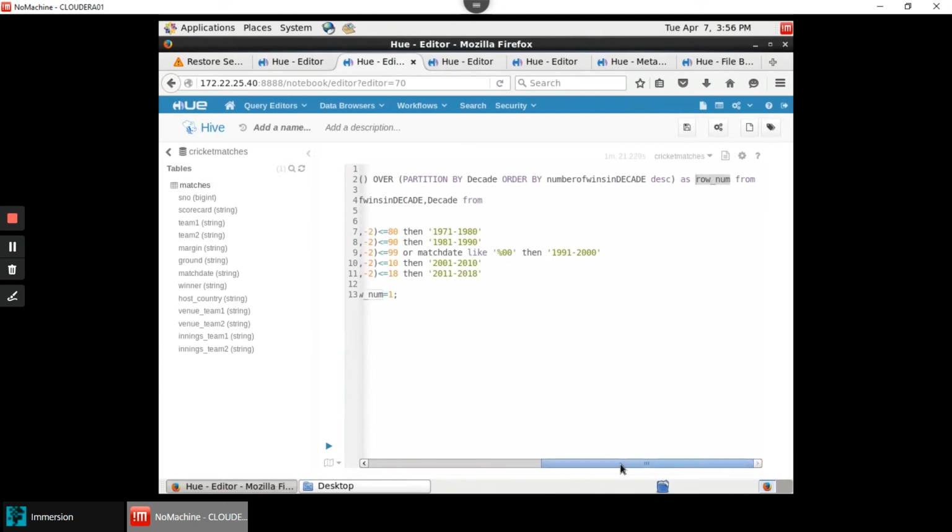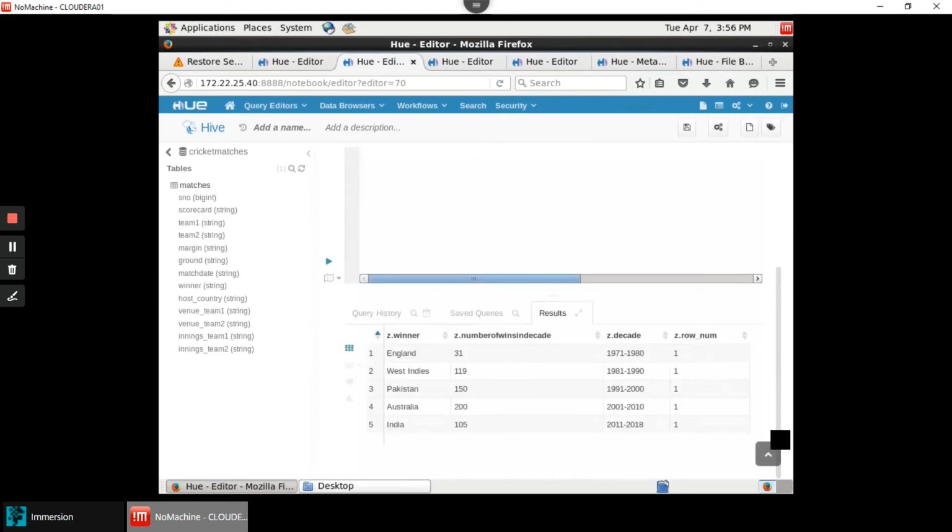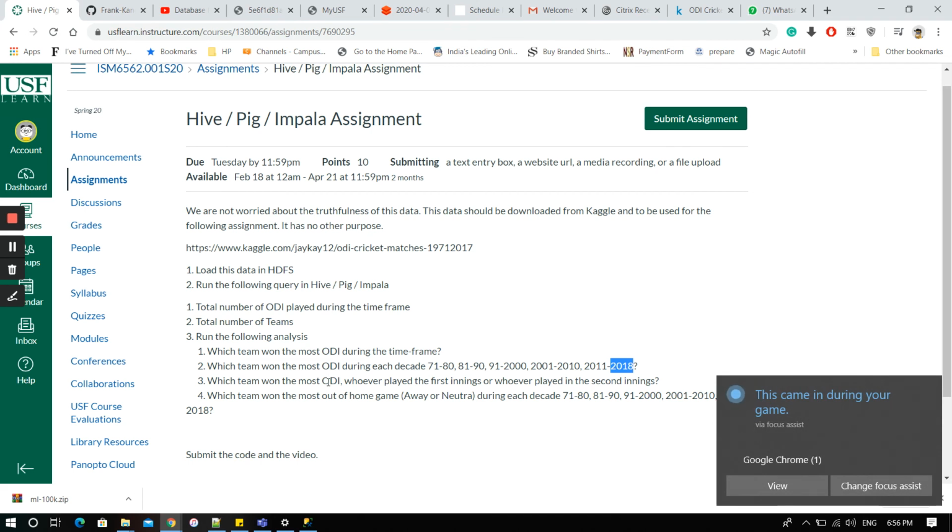So the first row gets the row number one, that is the team that has won the most in that decade. As you can see in the last statement, I'm selecting that particular one. So the result I get is all the teams which have won in each decade, and the number of wins in each decade for that particular team. And the next question is,